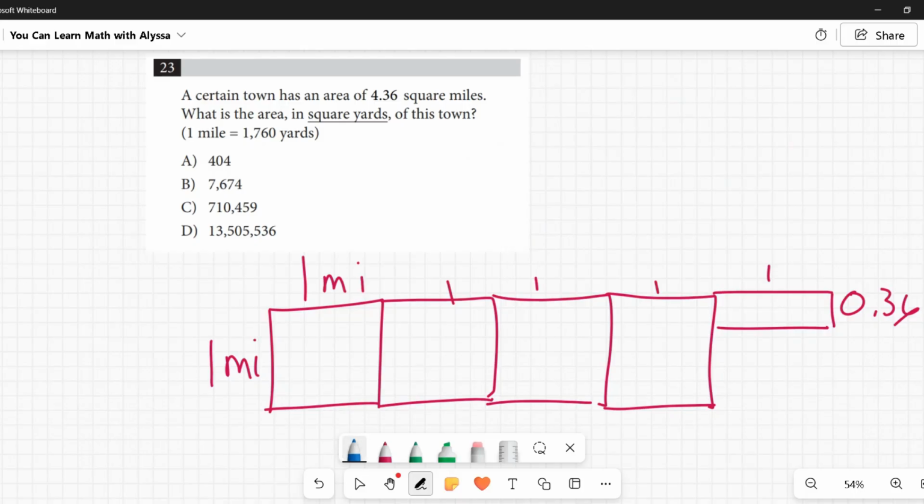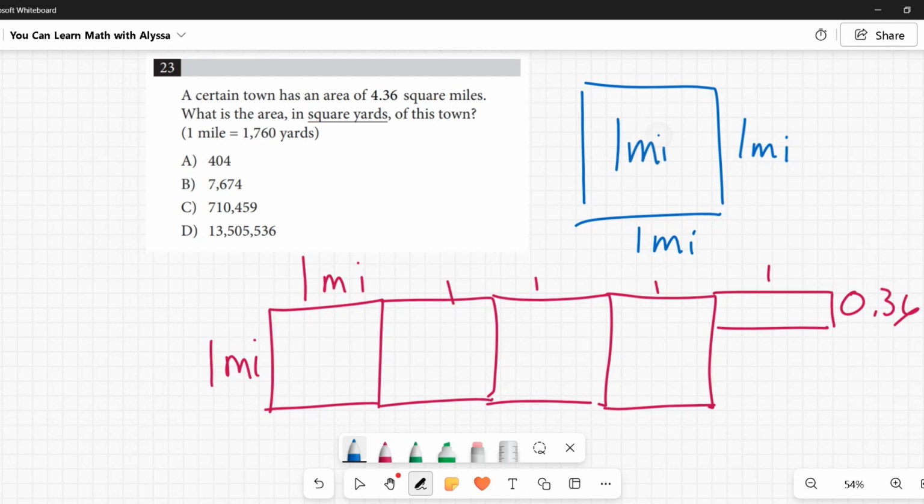Okay, so if I take one of these squares, that is 1 mile by 1 mile, or 1 mile squared, I want to find out how many square yards it is. I need to replace each of those sides, each of those miles, with yards. So this mile is 1,760 yards. And this mile is